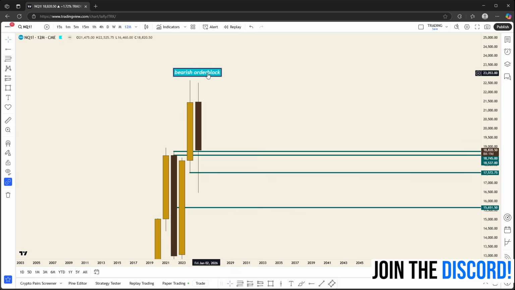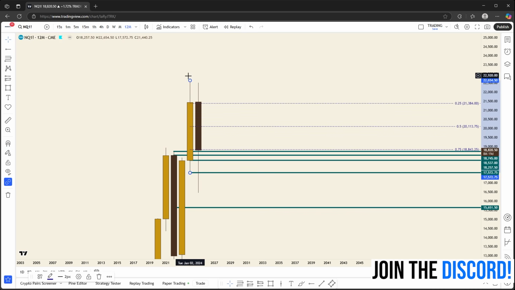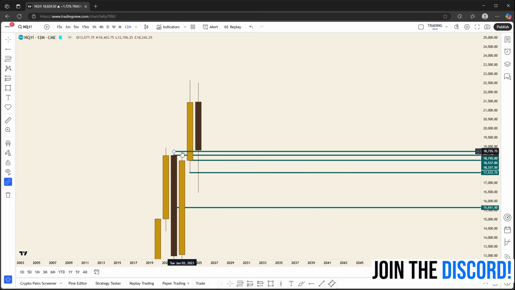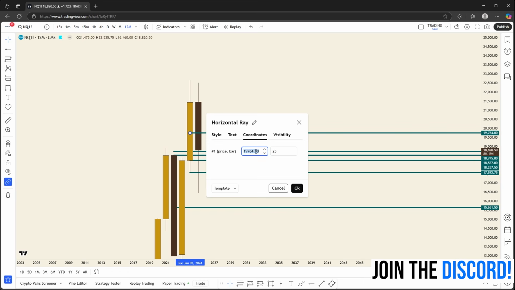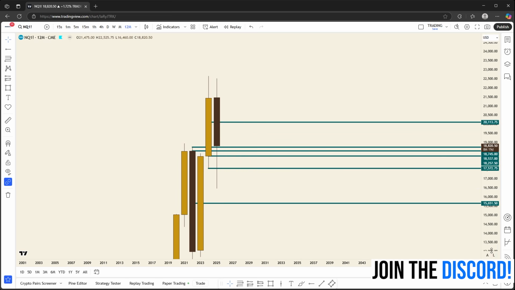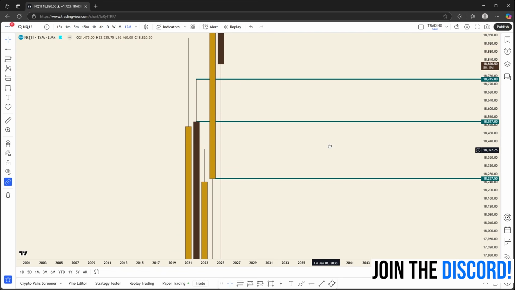But as it stands, we have the opening price of this order block because it's now gained, right? We have the opening price of it, and then we also have the mean threshold level up at 20,113.75. That's going to give us the mean threshold level. And also, if we zoom in quite a bit here,